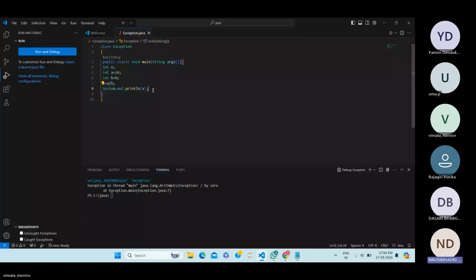So these are the statements which produce the error. So we need to keep these statements in the try block section so that the error will be, you know,